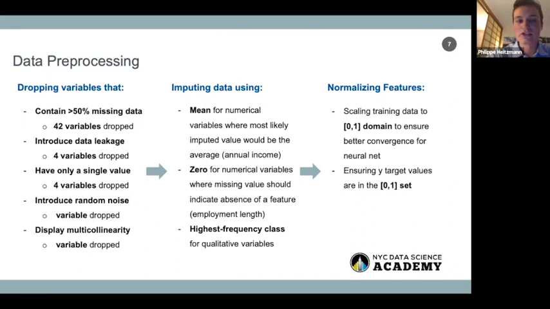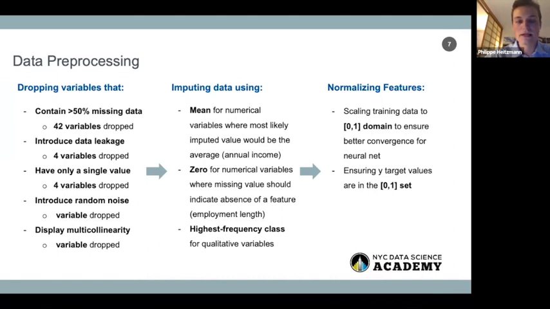This data leakage just means any variables that contain information that is too revealing about what we're actually trying to predict, which is loan defaults. So, for example, in the LendingClub data set, there were variables that include information on whether or not collection fees were recovered on loans, which, of course, you're only going to have a collection fee recovered if there's a default that occurs and there's a collection fee to collect. So those types of variables were dropped, and other variables that have only single values that contain essentially no information were also dropped.